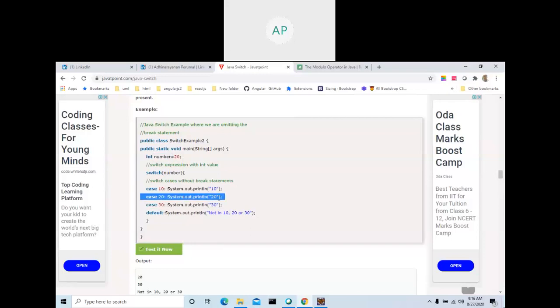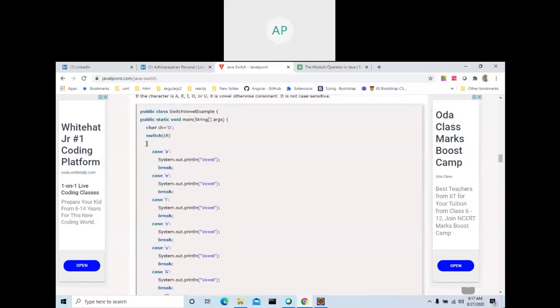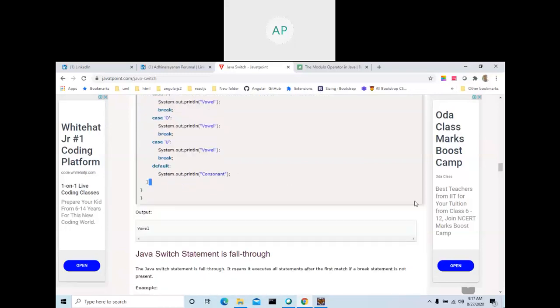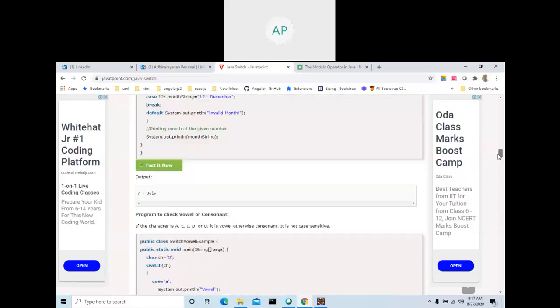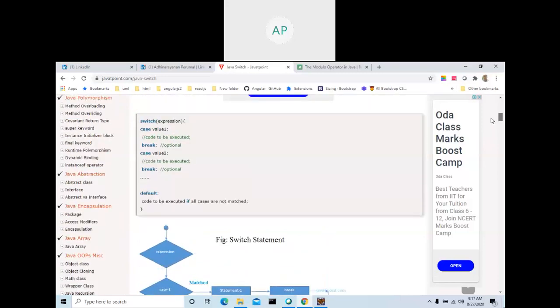See, this is very important. Say the number is 20, it comes here and executes. You didn't give a break, so it goes and executes this one and this one too. 20 runs, 10 is not executed because that case fails. This case succeeds. After success, everything gets executed. Whereas in this case, you put a break, so only one case gets executed. When it is executed, then break, so it comes out of the switch statement. Where your switch statement starts and where it ends, see the syntax, very very important. If you see the syntax, you will get all of it. First read the syntax and see what the difference is.